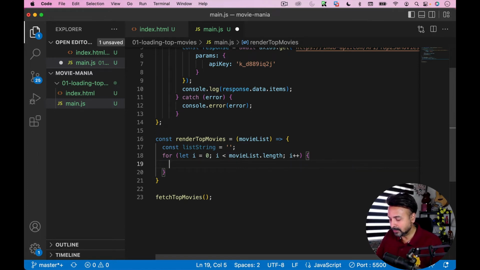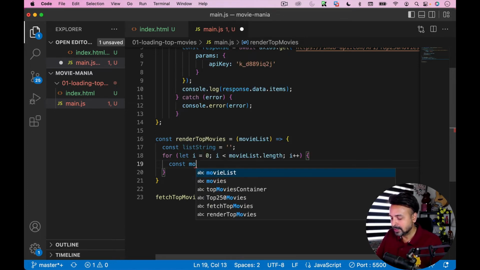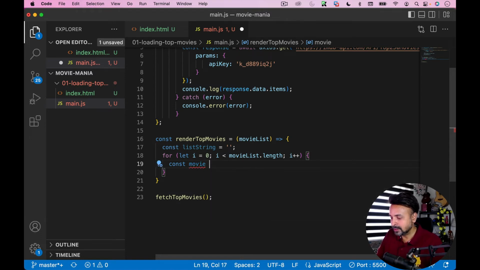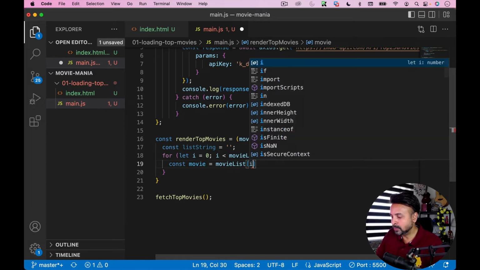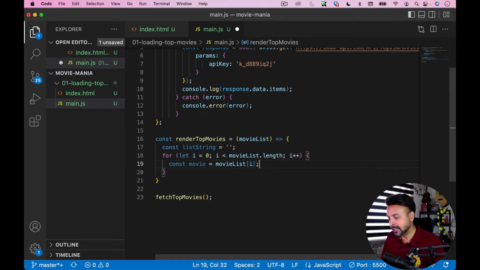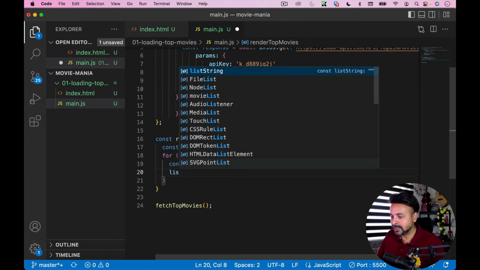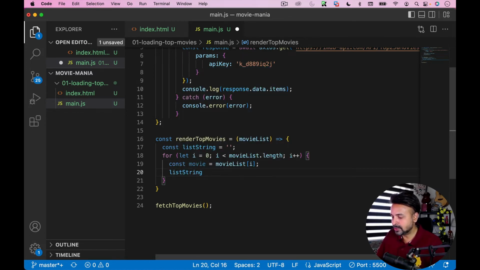Maybe first, I'm going to name movie equals to, we will grab the first movie from the movie list. I've created this const list string also just to have the HTML string generated. So I'm going to say list string plus equals to, and I'm going to use my template literal syntax here,